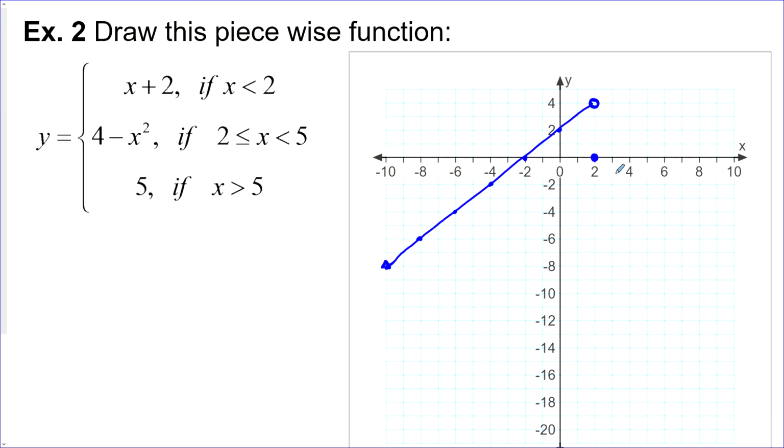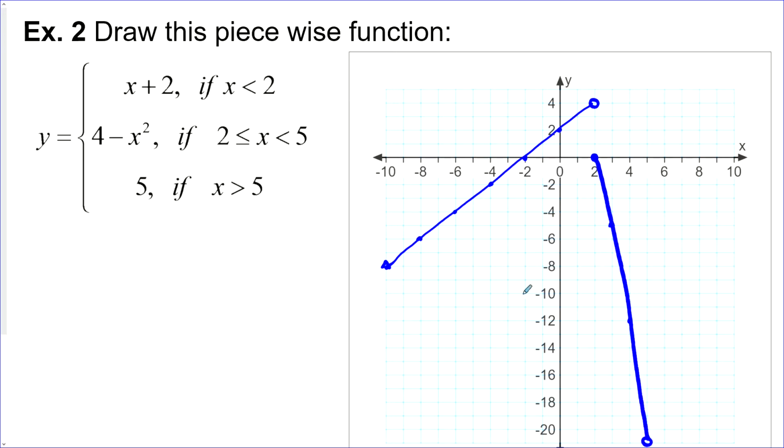The next point, when x equals 3, would be negative 5. And when x equals 4, negative 12. And when x equals 5, negative 21. And we don't quite equal 5, so I'll put an open circle at 5, negative 21. And this is the part of a parabola that opened down, so it's concaving down here,